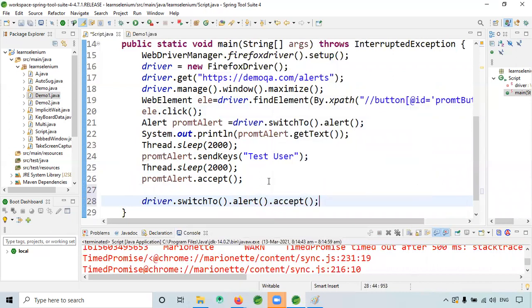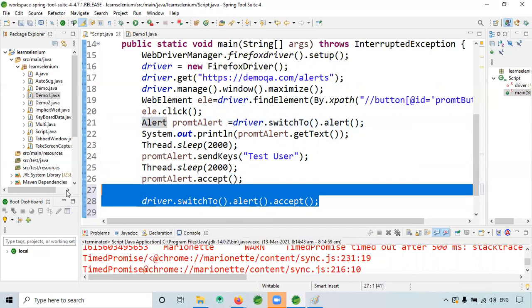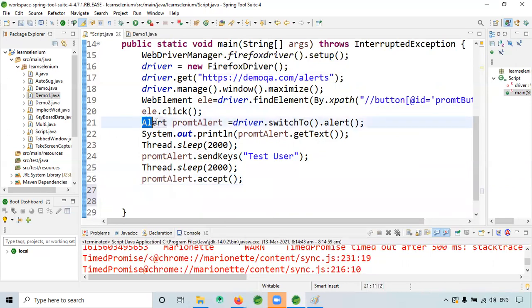Driver dot dismiss was there. Driver dot getText was there. We used driver dot switchTo for frames too; it is the same thing, switchTo, only for alert. But we stored it with the alert.